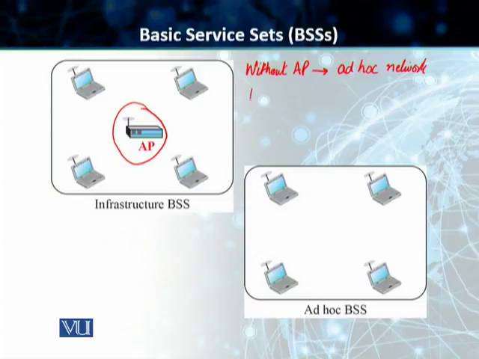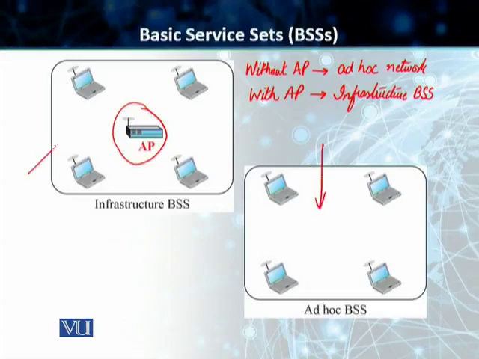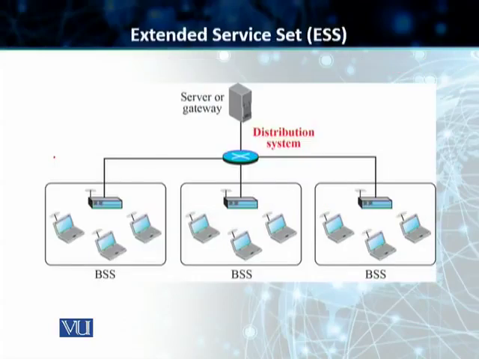If we have an access point, which we definitely need if this BSS wants to communicate with other external BSSs, we call it the infrastructure BSS. Students, the ad hoc BSS is shown by the figure below, and you have the infrastructure BSS on the figure above. Students, the second type of service that's offered by IEEE 802.11 is the extended service set,